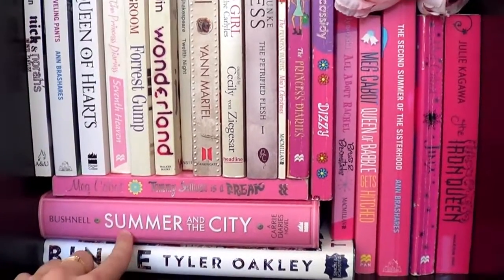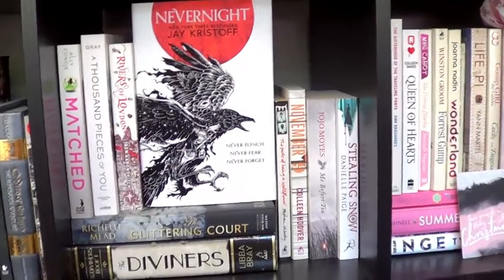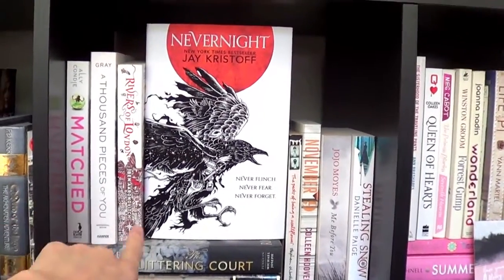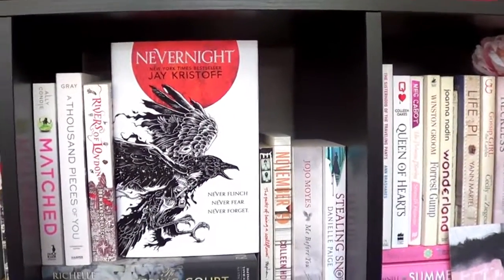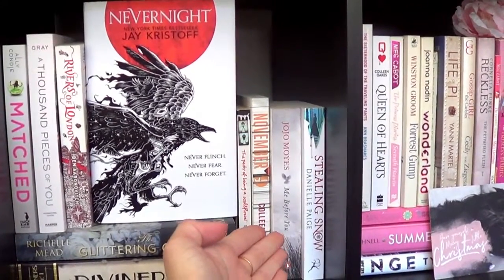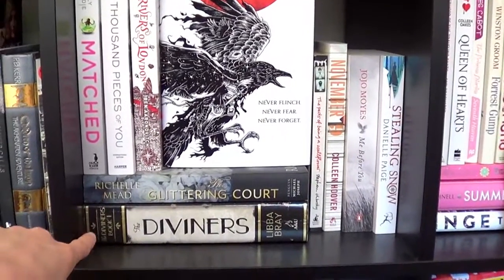She's great. Summer and the City by Candace Bushnell, Binge by Tyler Oakley. On this shelf we have Matched by Ally Condie, 1000 Pieces of You by Claudia Gray, Rivers of London by Ben Aaronovitch, Evernight by Claudia Gray, The Perks of Being a Wallflower by Stephen Chbosky, November 9 by Colleen Hoover, Me Before You by Jojo Moyes, Stealing Snow by Danielle Paige, The Glittering Court by Richelle Mead, The Diviners by